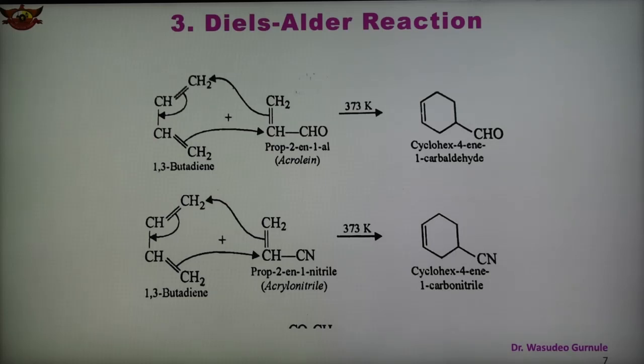So this is a very important reaction, and the rate of the Diels-Alder reaction is accelerated by some factors. One is the presence of electron withdrawing groups in the dienophile. This is a factor which increases the rate of this reaction, and another factor is the presence of electron donating groups in the diene. So these two factors favor the reaction. This is a very important Diels-Alder reaction, also known as a cycloaddition reaction, and we obtain the ring. These are the two reactions shown in case of the Diels-Alder reaction.